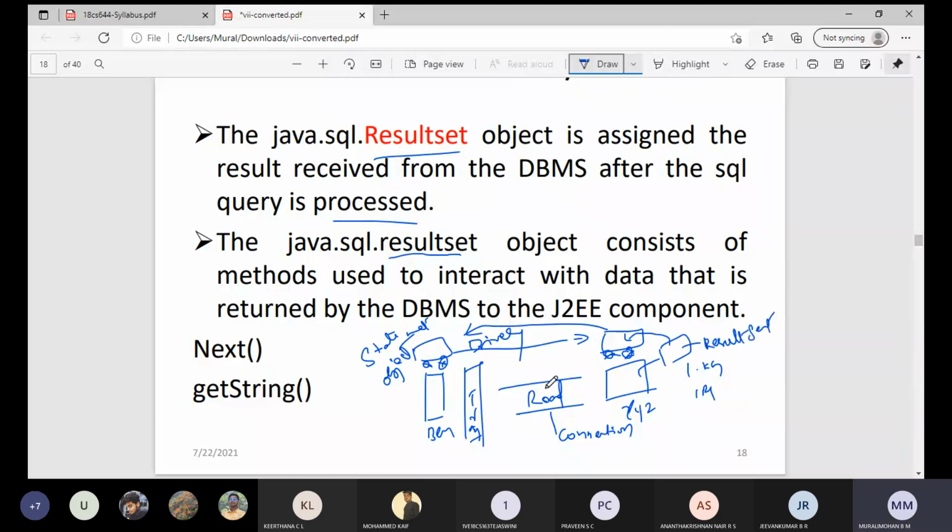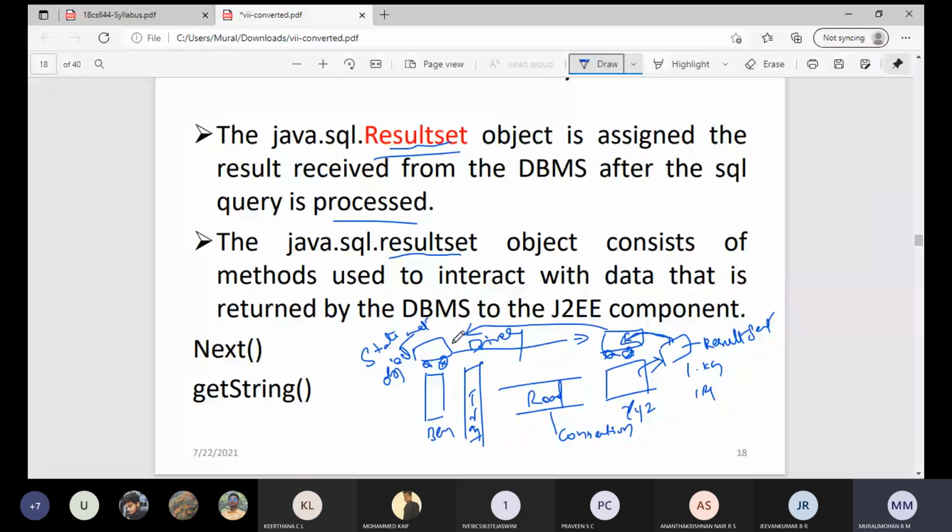This is what we discussed in the previous class. I hope you remember this diagram. Now what will be there inside the result set? After executing the SQL query, whatever results we get out of that query are placed inside this result set, and this box is placed inside the statement object, which is responsible to carry the results from the database to the Java application.